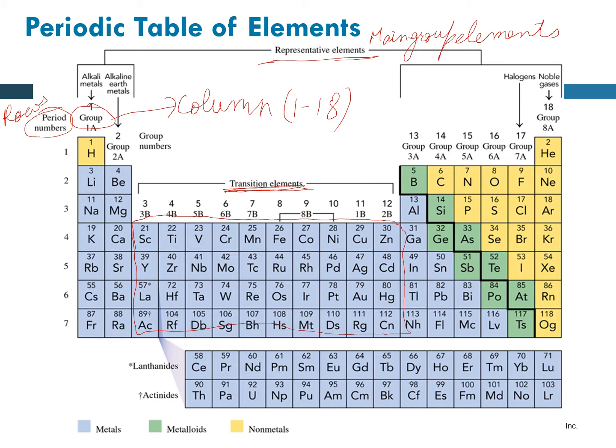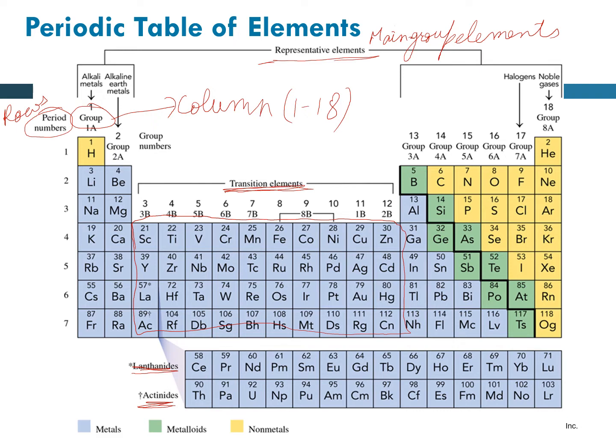What you see right here is an extension of the periodic table which comes from here. You see right here, this is called LA. This is the lanthanide series. You see this is 57, and then it starts with 58, 59, 60, up to 71, and then 72 starts right here. So everything right here belongs to the lanthanide series, and that's where the name lanthanides comes from. And the second one that you see right here is the actinide series, which basically starts right after